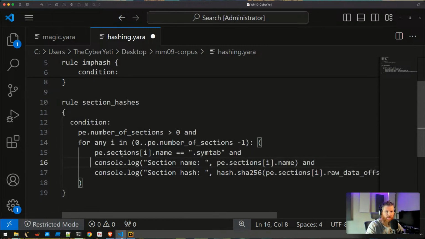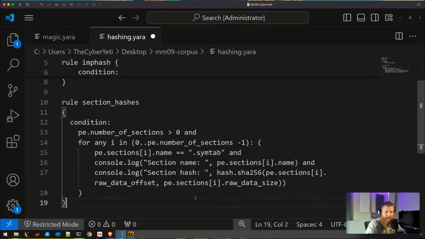So here though, the gist of what I'm after is just to show that we can actually hash the section names or the section data. We can really pick whatever we want and create a hash of it. But a section hash would make sense. Maybe not a Golang section hash or the symtab section hash, but that's just an example.